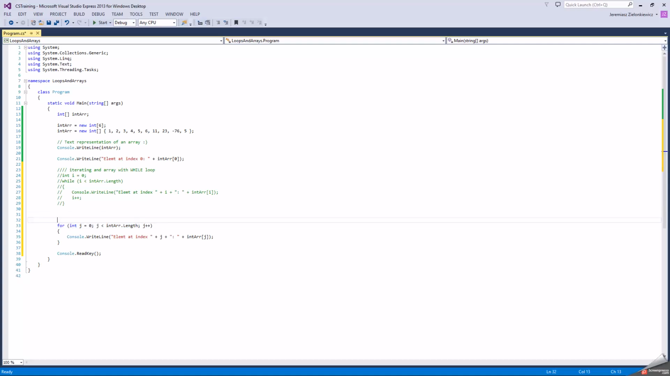So the for loop is just a simplification, or putting the while loop, as it was earlier, in a more structured form. This structured form has three parts: initialization, then the condition, and then the step, right? So this would be the incrementation,